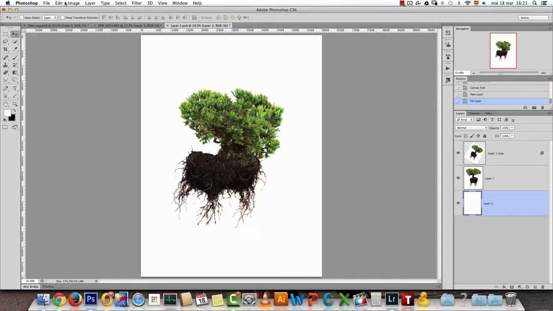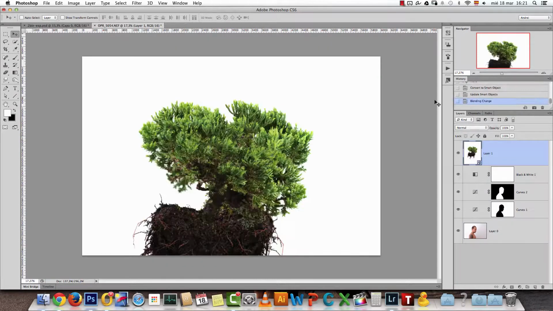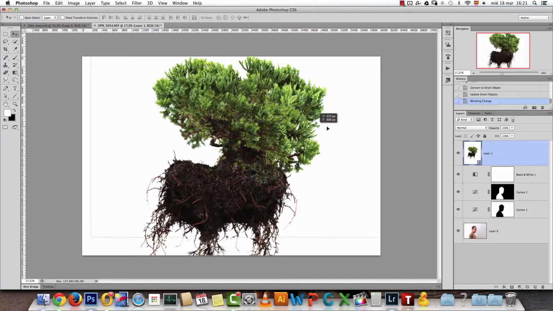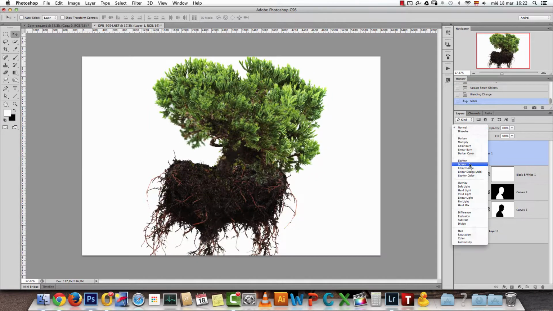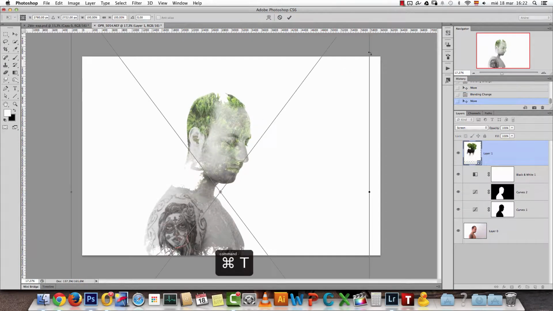Okay, and that's just because I want to have more white area here to cover my entire portrait. And now I'll save this, file, save, and let's wait for it to be saved. Okay, now it's saved. I will close this document, and you can see that now this smart object has been updated. Okay, now I can switch this back to screen, and now I can move this around, and you can see how now I can cover more of my portrait.